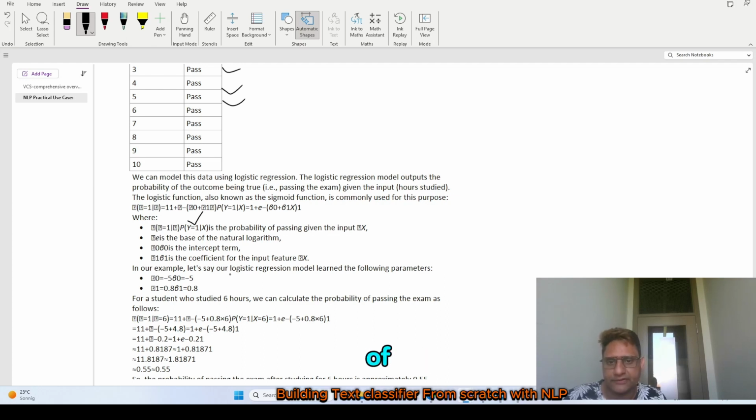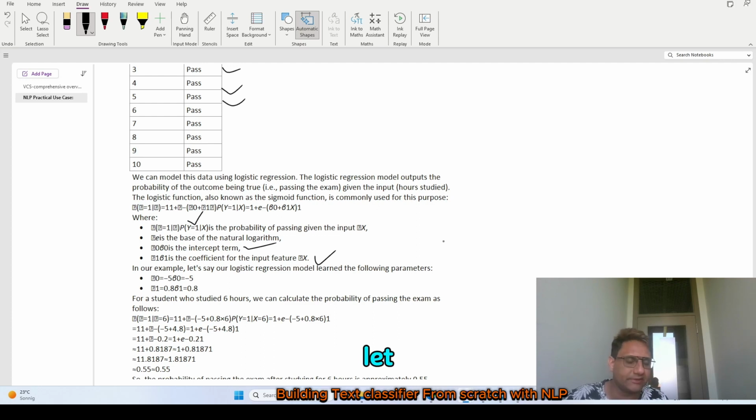So the probability of, for example, passing given the input x. E is the base of the natural logarithm. So this is 1 divided by e to the power of something, and beta 0 and beta 1 are simply the